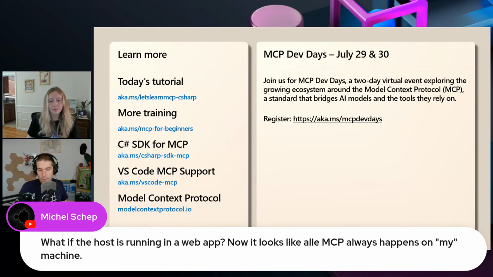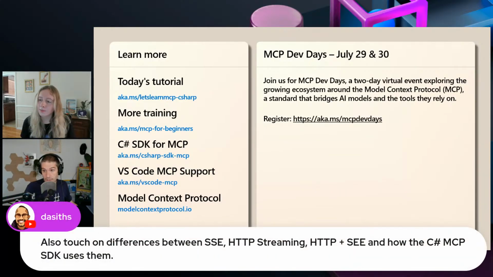What if the host is running as a web app? So that's where the ASP.NET NuGet is, and that enables you to use server-side events or streamable HTTP to deploy that MCP server to connect to, just like GitHub. Differences between server-side events, HTTP streamable, and standard IO. So how things first started was just standard IO, and then server-side events were added on basically at the same time. That was the standard protocol. And then streamable HTTP was added on basically to enable different scenarios out there. But see the documentation to learn more. And there's samples of all those in the repo.